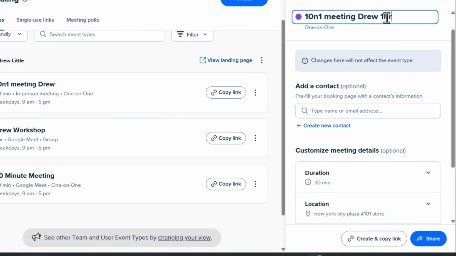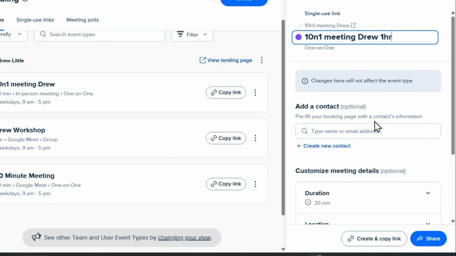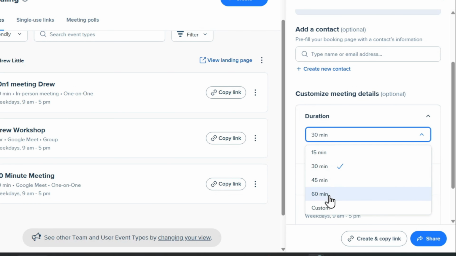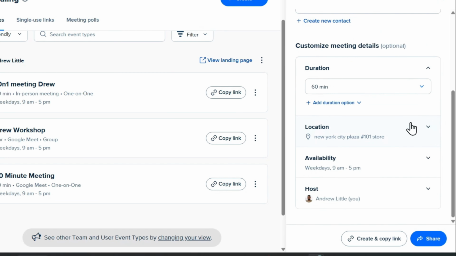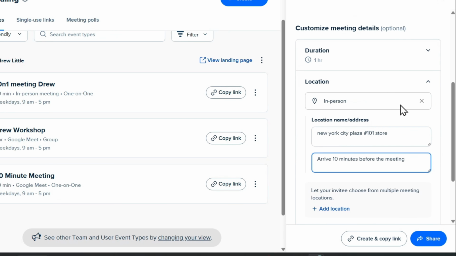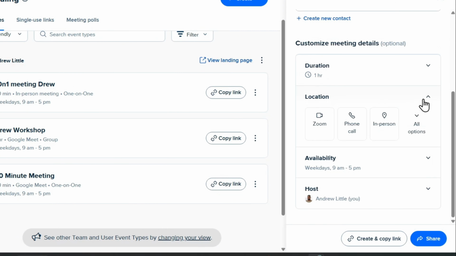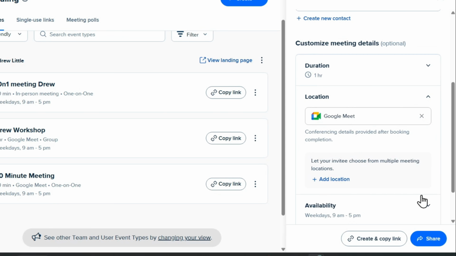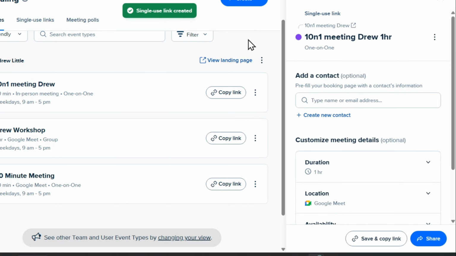And from here now you can just basically choose the option here for the meeting, so that's going to be 60 minutes. And let's say that's all that you want, and let's say this is not going to be in this specific location, but it's going to be, for example, online. You can go ahead and you can close that, and you can choose whether Zoom or it's going to be, for example, Google Meet or Teams. You can choose that. Once you're ready, just click on create and copy link,